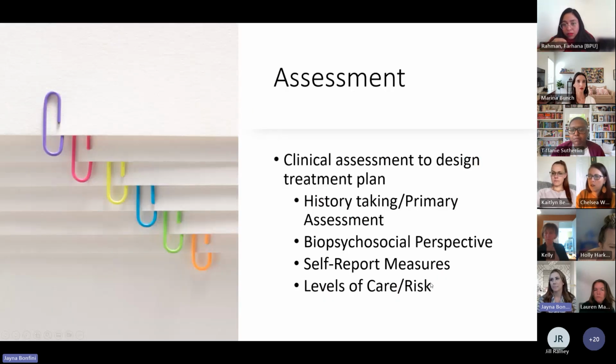So, assessment. I know several of you have probably already had the assessment courses, but we need to make sure that we are getting an adequate history whenever we're discussing someone's treatment plan, because if we don't do an appropriate assessment, an appropriate biopsychosocial, if we're not using self-report measures,